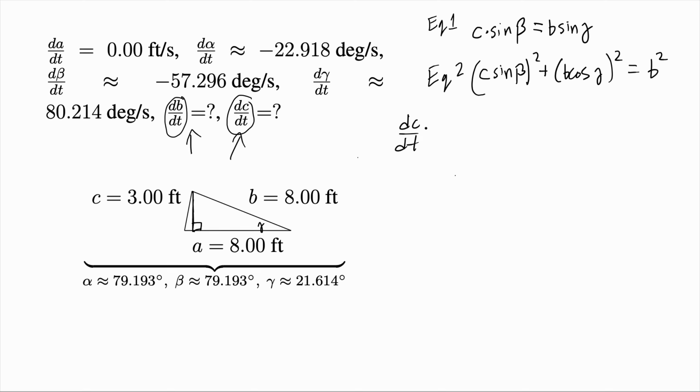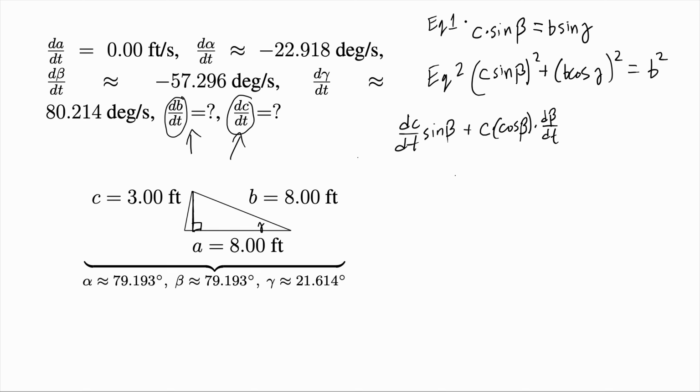Take the derivative of the first one, sine beta, using product rule, plus c, because we're just not taking the derivative of that this time. But then take the derivative of this part, which is the cosine of beta, but the derivative is with respect to t, so then after cosine beta, you multiply by d beta dt,